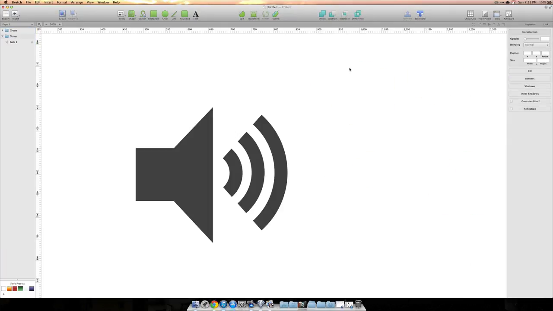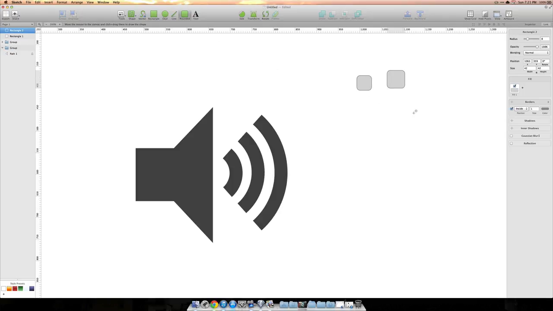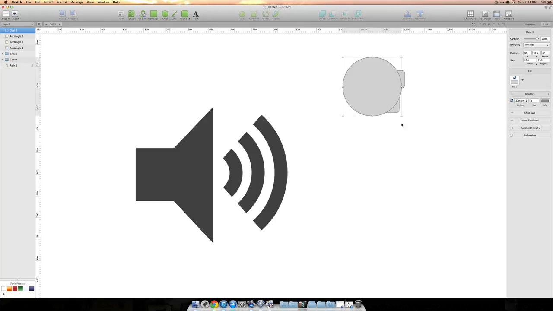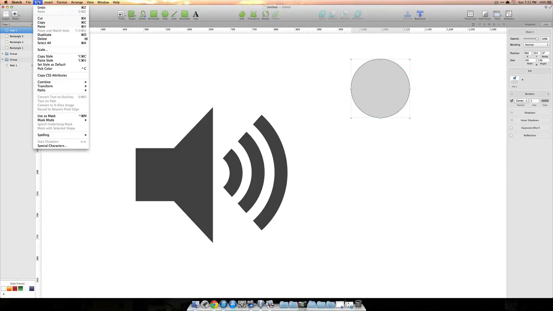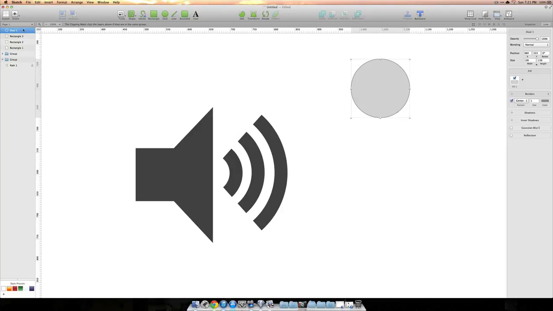So that's the Boolean operations, and of course, finally making masks. You can take a shape, make it a mask, and sort of drag it underneath other objects. So if I was going to make some rounded rectangles, say these are icons or what have you, and then let's say I make an oval. I can go to oval, Edit, Use as Mask. Nothing really happens until I take it and I bring it down underneath the three objects. You can see every object goes into the mask. So if I resize,